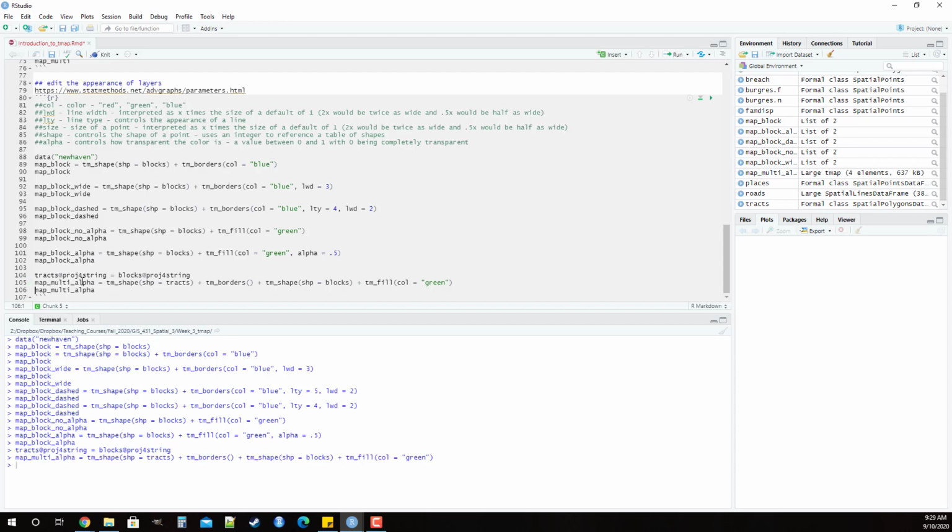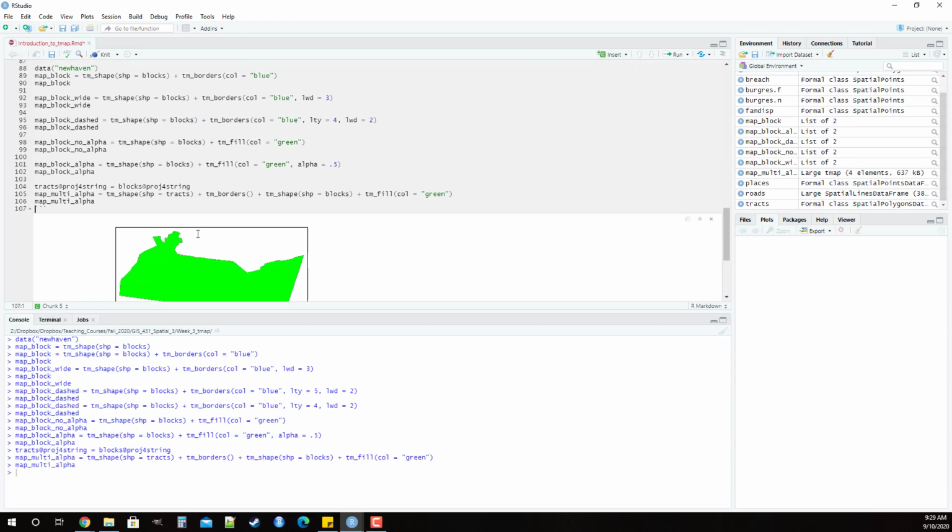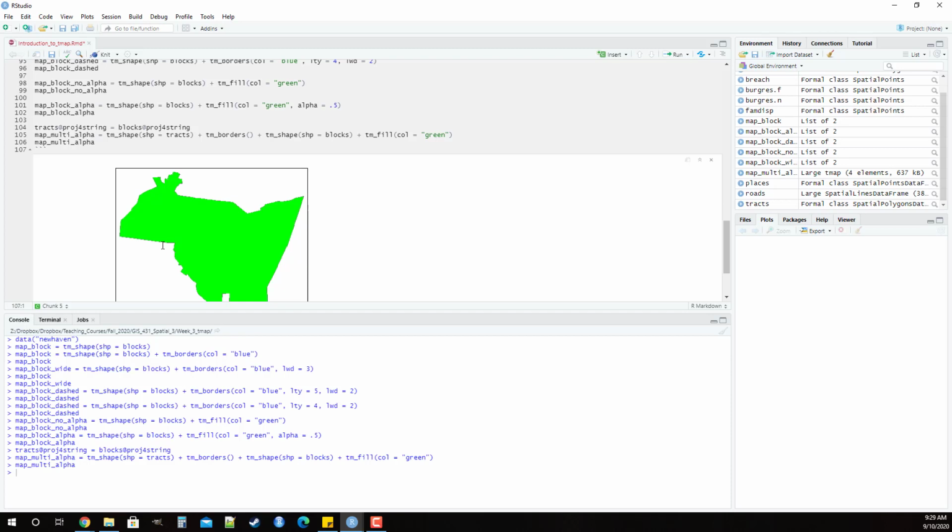So if I run that, and then I run this, I've taken away the alpha, and you can see sort of along the edges where it wants to display the lines, but that's just an artifact. If you zoomed in, they wouldn't be there. But you can tell that we've completely covered up any semblance of the borders because this fill argument and the blocks came after. But let's see what happens now when we add an alpha